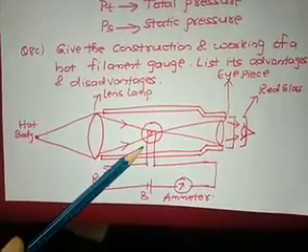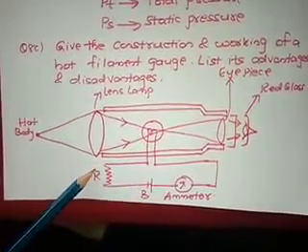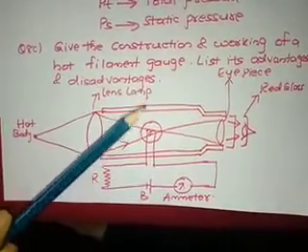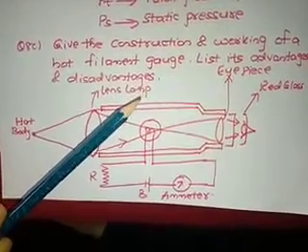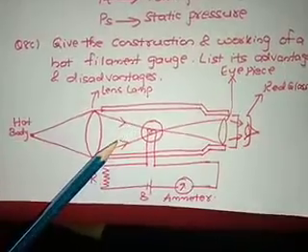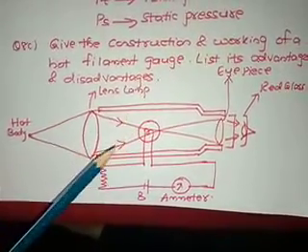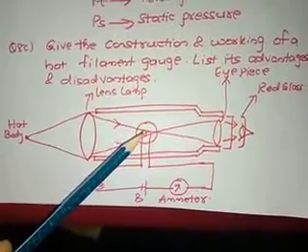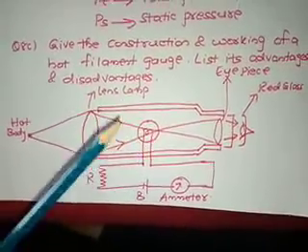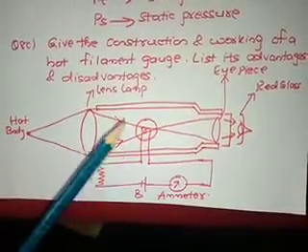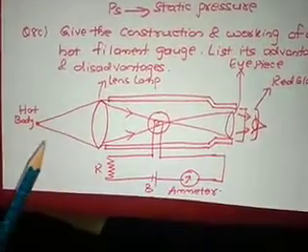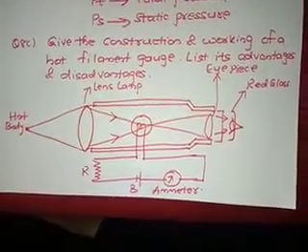Later, when the temperature of the filament is increased by adjusting the resistance, it becomes as hot as the surrounding temperature, so it appears to disappear. Then again the resistance is varied to change the temperature of the filament, so it appears more hot than the surrounding temperature. So these are the three conditions here. Based on these, by measuring the current using the ammeter, we can measure the temperature of the hot body. So this is the hot filament gauge.